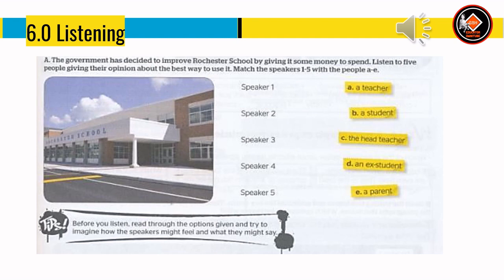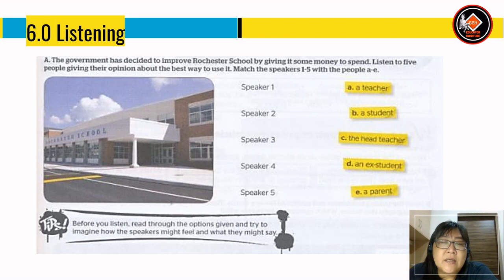Speaker 5. Yes, I heard about that. It's good to see Rochester getting some money. It's a good school, and whenever I talk with old schoolmates, we always have fond memories. The head teacher was excellent. I don't know if he's still there, but a lot of the teachers were perhaps a bit too strict, which got us down a bit. We weren't allowed to say our opinions about anything. Maybe they should change all that and let the kids make the decision on how to improve the school. Now there's an idea.